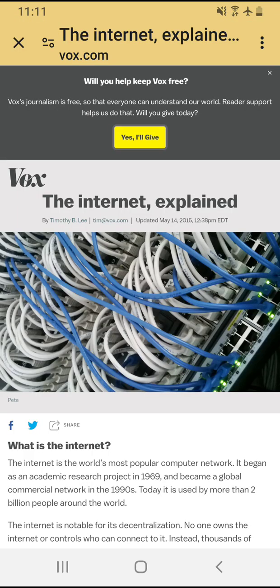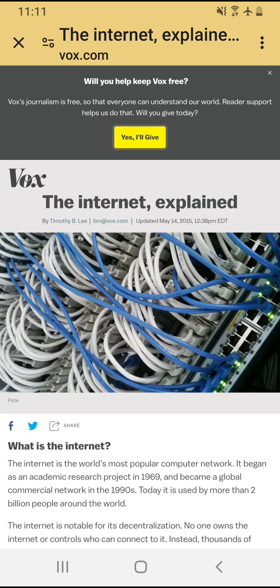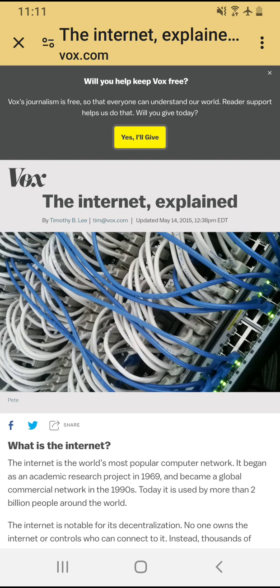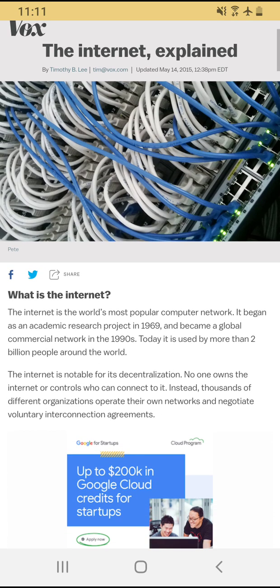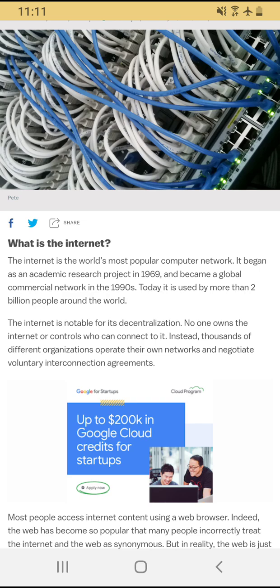Let's go here. All right, now you see where this is coming from, Box.com. The Internet Explained. So it's by Timothy B. Lee. And the rest of the information is there. Now you see when it was updated, 2015. So we're going to read, and we're just going to look for certain things that still apply today. If not, look at the historical factors that are going to be posted in this blog, in this article.